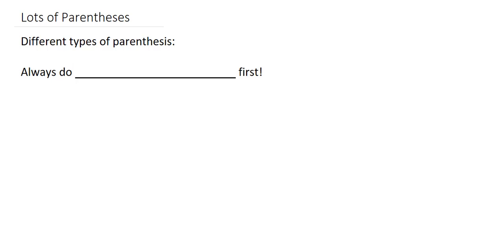Order of operations, lots of parentheses. For this, we're going to look at different types of parentheses first because we're going to see a lot more. There's a form of hierarchy in parentheses. You're going to see this one, which is very common to see, a simple but angled kind of line. Then you can get these square brackets, as they're called, that could be the next layer out. And then lastly, you might see something like that